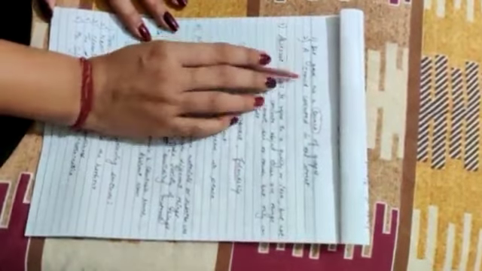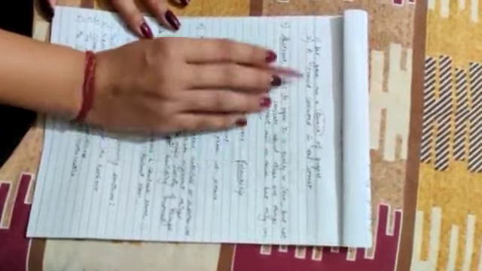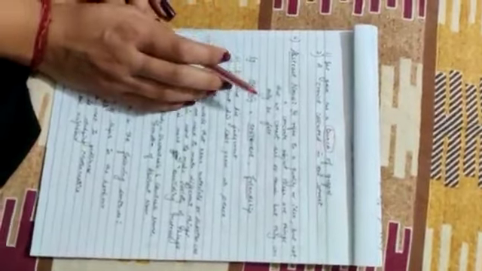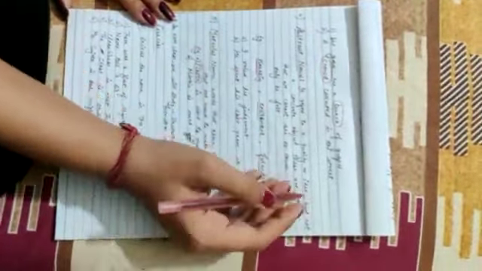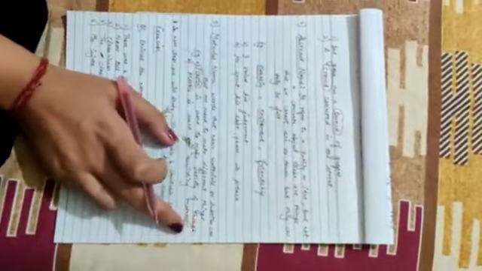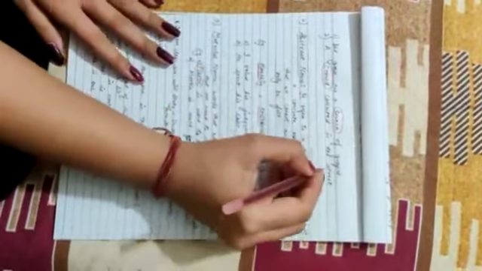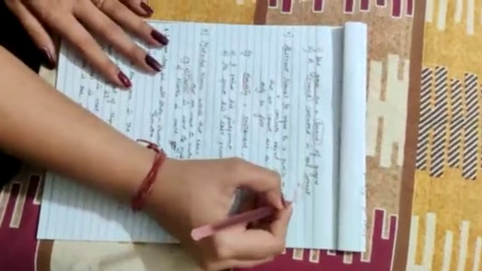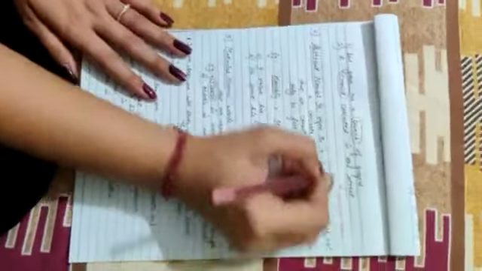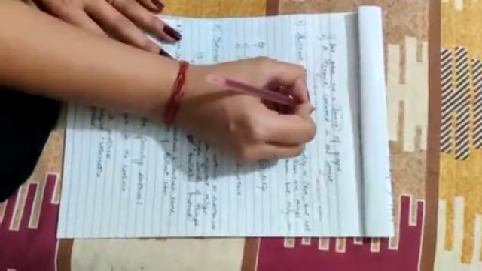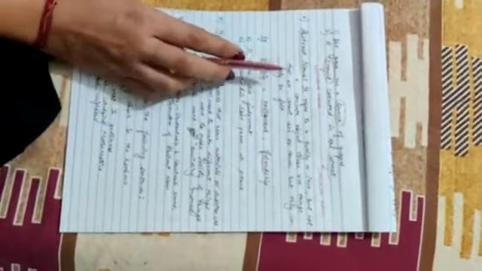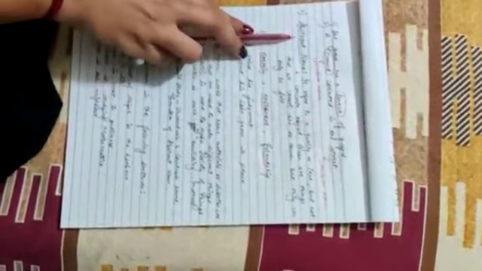Next, a crowd collected in the street. So what is the collective noun in it? Crowd, because a group of people have gathered over there. Now, if I ask you in the second sentence which is the common noun, yes, street, which is a common noun, and crowd is a collective noun because I'm talking of a group of people. Is this clear?